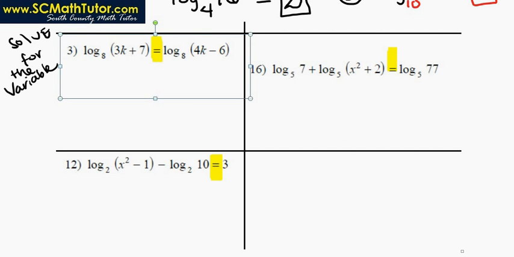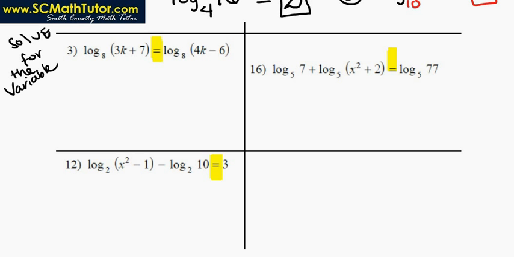So, first one, number 3. Log base 8 of 3k plus 7 is equal to log base 8 of 4k minus 6. So when you have log equations, what you want to do is try as much as you can to drop the logs so that you have an equation that you're used to solving. So if you see log on both sides,